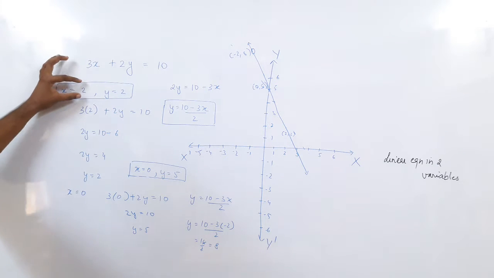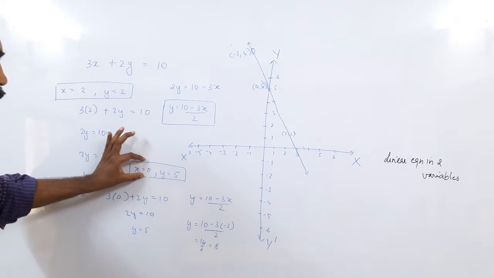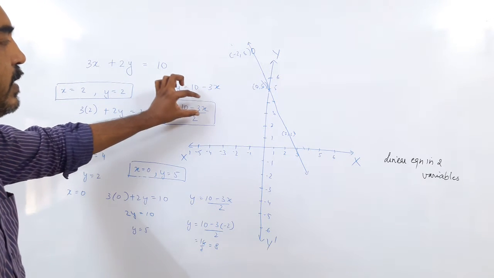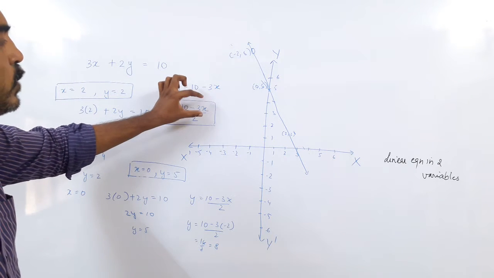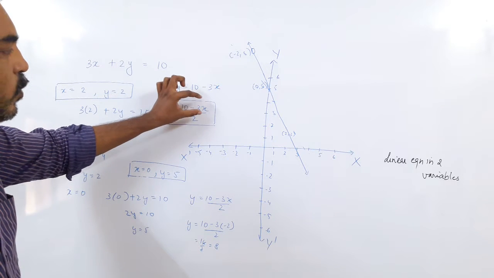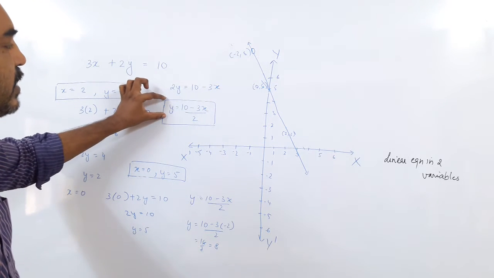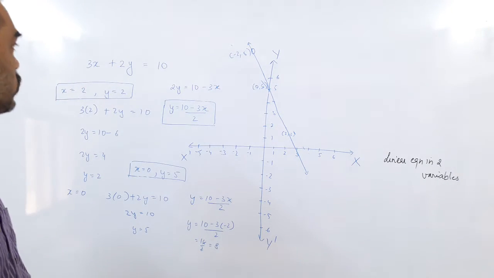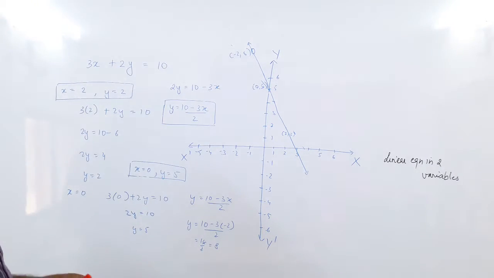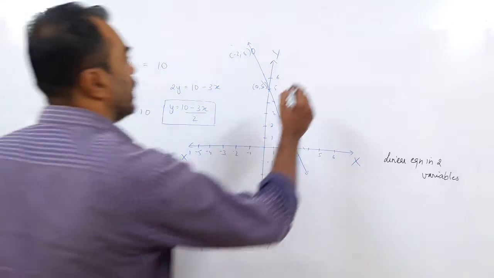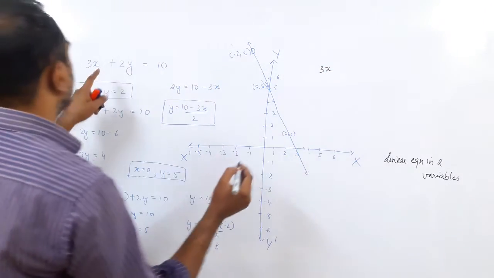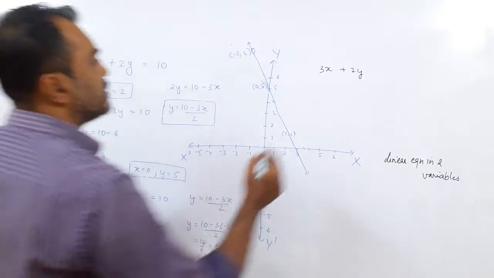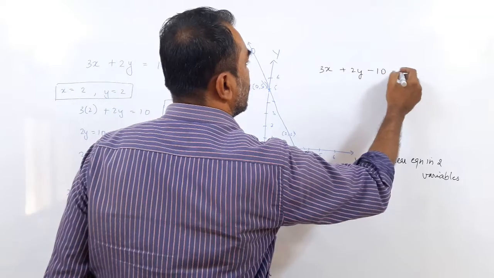Here I have taken a positive integer 2, here I have taken 0, here I have taken minus 2, but I can take x as root 3, I can take minus 5, minus 7 upon 2, I can take any number as x. When I take any number as x, I get a corresponding value of y, which helps me plot a line. So the general equation of this is written as, we rearrange that and write 3x plus 2y, the 10 is brought on the right side, minus 10 equal to 0.